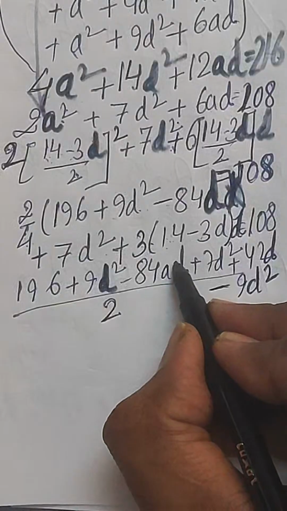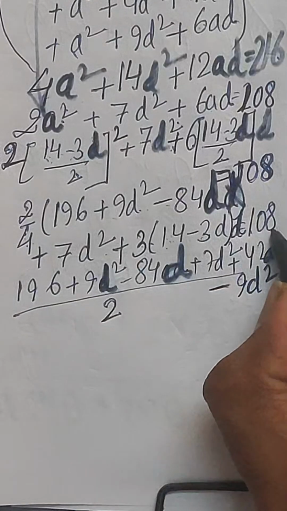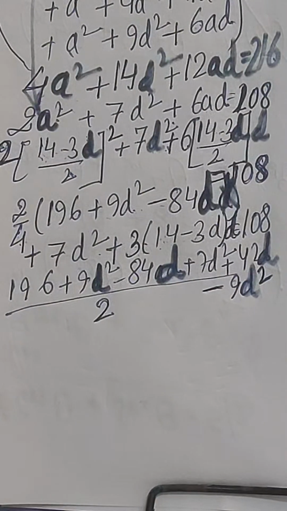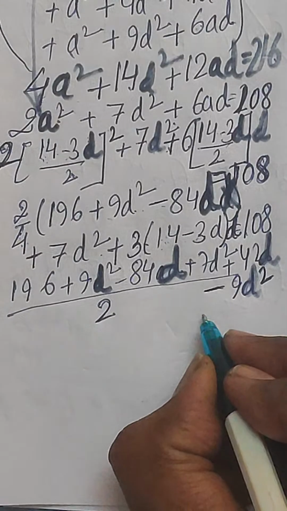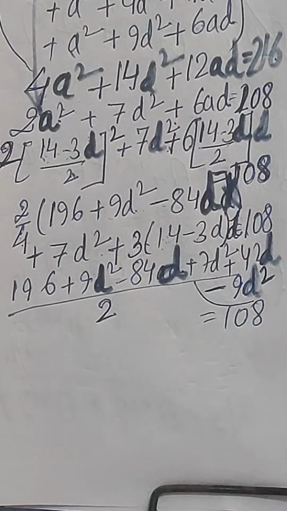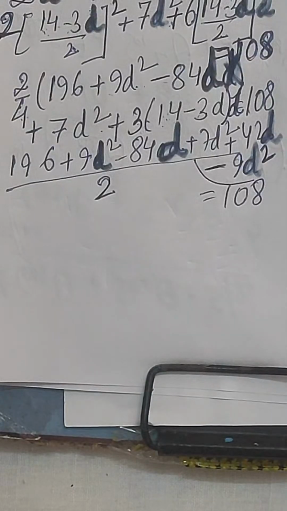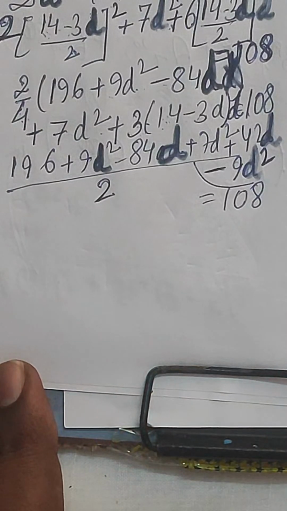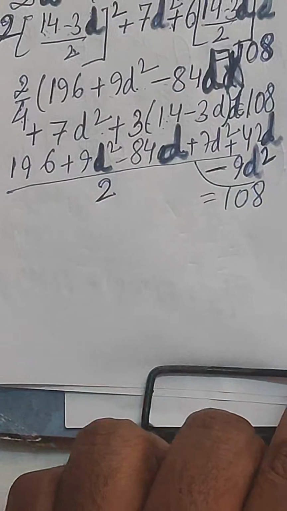So it will be 84d here, right? So you can see all the equation into the form of variable d. So here all this will add up to give you 108, right? Now the above equation will be simplifying as,